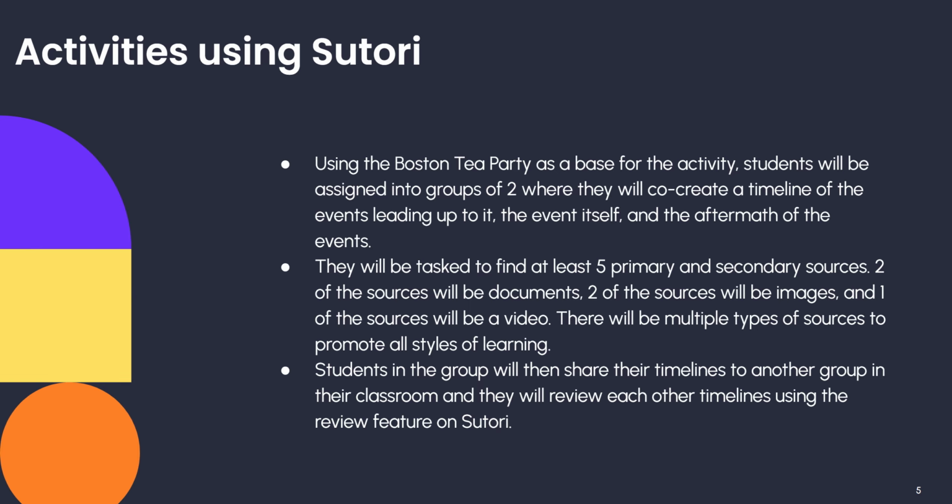And they will be required to use at least 5 primary and secondary sources. 2 of them will be documents, 2 of them will be images, and 1 of the sources will be a video. So this can use the functionality of the platform, which is able to use multiple types of digital platforms such as YouTube videos, documents, PDF files, and text documents. And then the students in the group will then share their timelines to another group in their classroom,